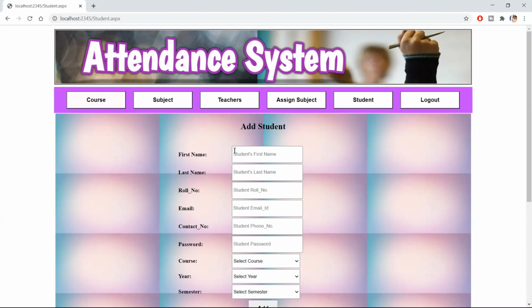Go to student, add new student. Roll number: in our case it takes 7 numbers for the roll number.